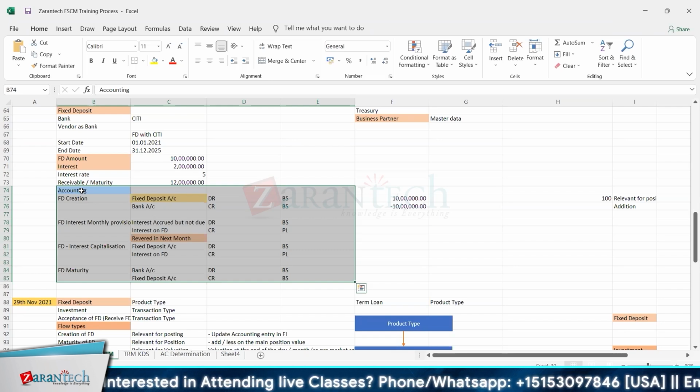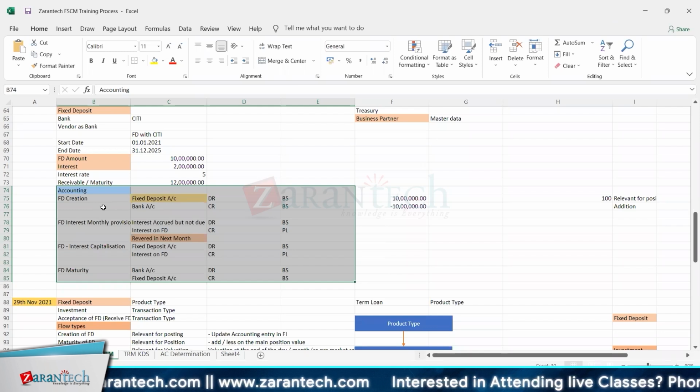But you have to be a bit smart in terms of understanding the accounting. Normally, as part of the BBP session, we ask them how they manage their accounting and how they do their month-end closing. They will update you and give you the accounting schema. And each and every